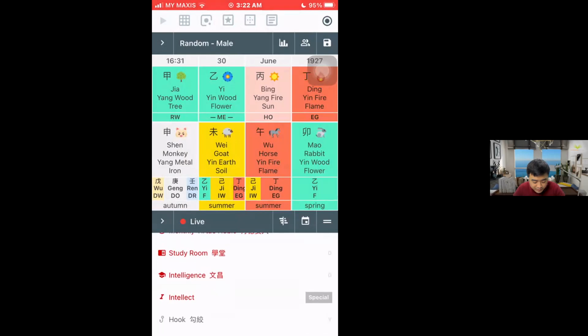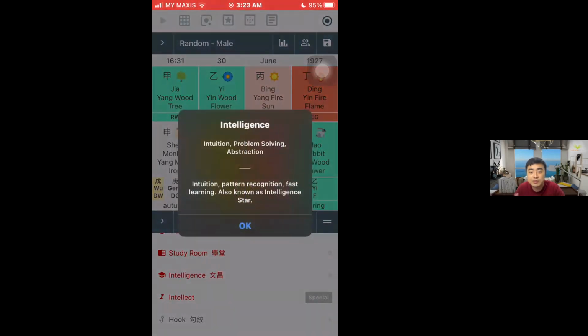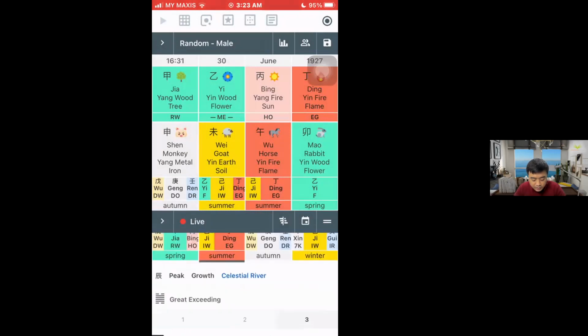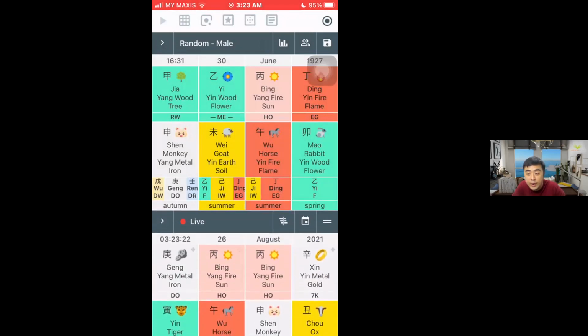Okay, and then you can see the Study Room is for intuition and problem solving. So this is the day that you learn something and add on knowledge, to get the intuition and everything that you need, for knowledge and self-improvement. Okay, so this is how the Space-Time brings you the pillar interactions. This also tells you how to read a pillar chart, and lets you know the interactions that happen to you that help you improve yourself